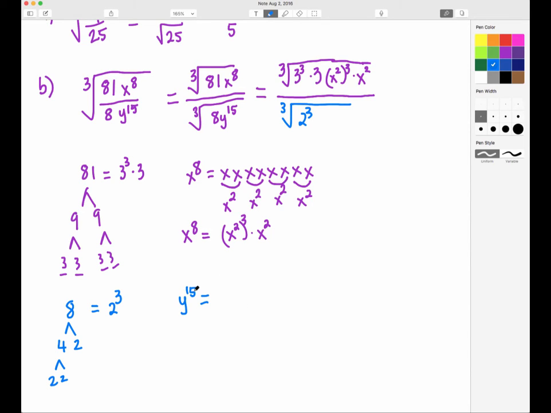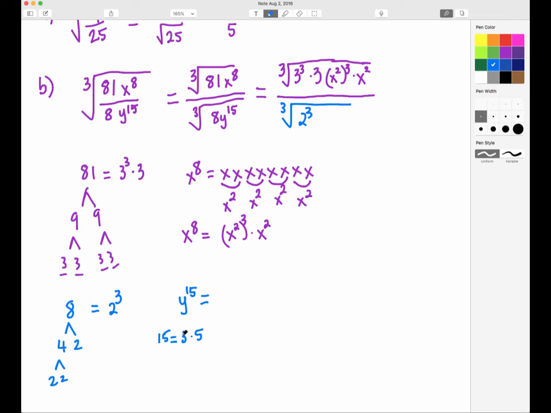My goal is to write this as groups of 3. So I know that 15 is equal to 3 times 5. So 3 times 5 is another way of saying I have 3 groups of the number 5, or I could say that there's 5 groups of the number 3, but I want to have groups of 3